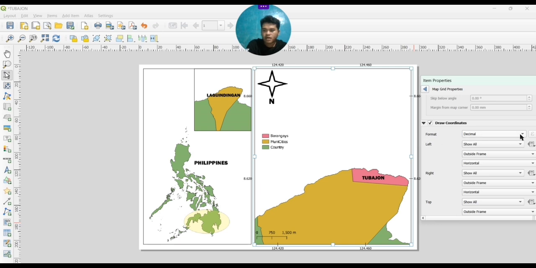So go to format and change it to degrees of x. Click that one. Then I just want to disable some things. I want to remove the top coordinates and this, because this makes the map more complicated to look at. So I just want to remain this part of the coordinates, and this one. I want to remove this and this.